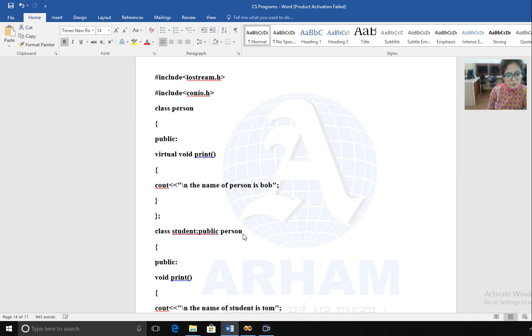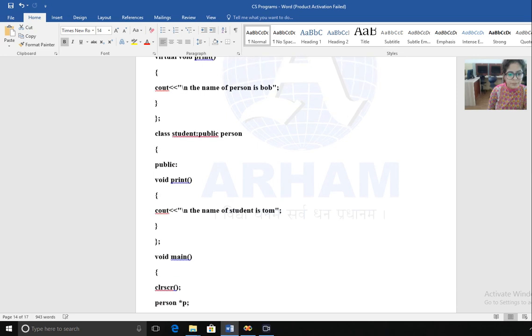So this is the name of the base class, person, and public is the access specifier. The syntax means this is a new class whose name is student, and we are inheriting the functions of the base class person. Now start this class with the curly bracket, and public is the access specifier.